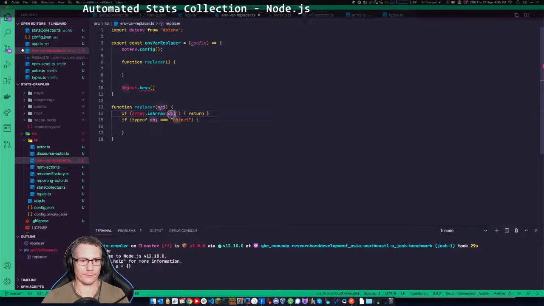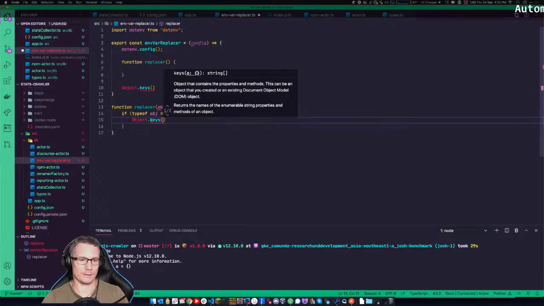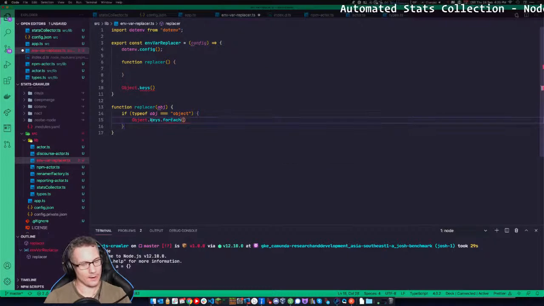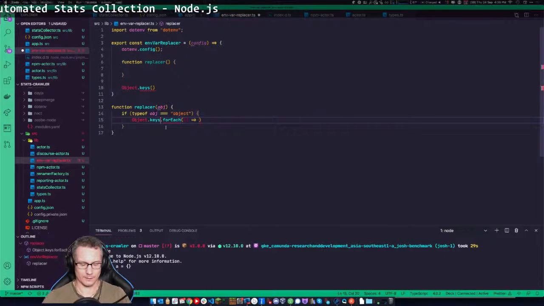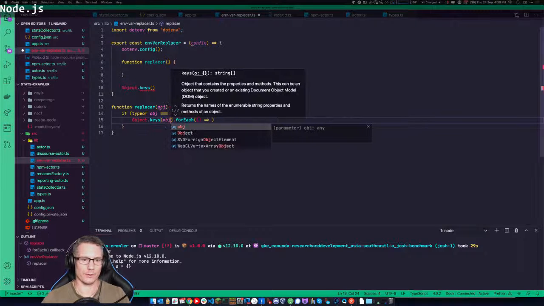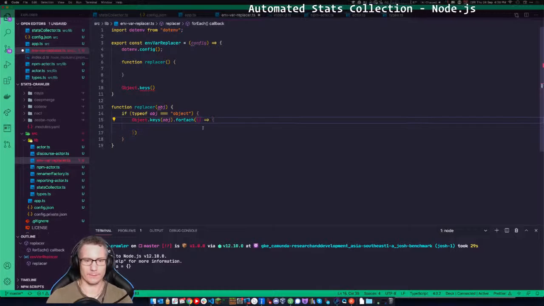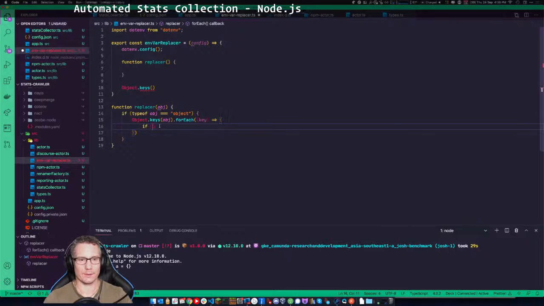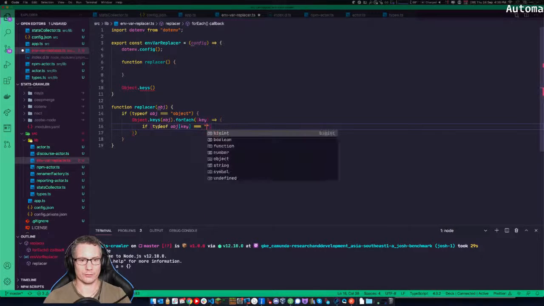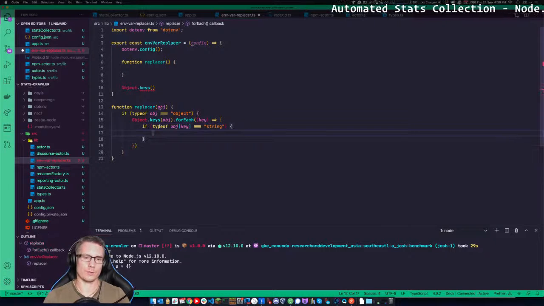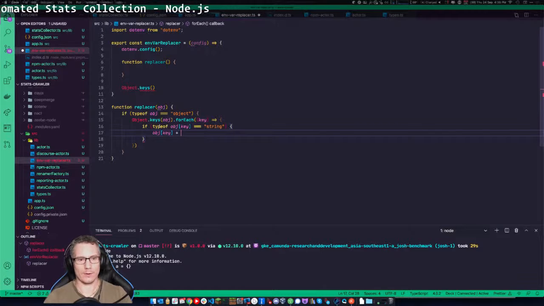Here we go. This is the way to do it. Object.keys forEach. Iterate over the keys of the object. Okay, so if the key is key, if typeof object[key] is a string, then we do the replacement. And the way we'd do that is we'll say, like this is pretty, object[key] equals. Now, if the object key,